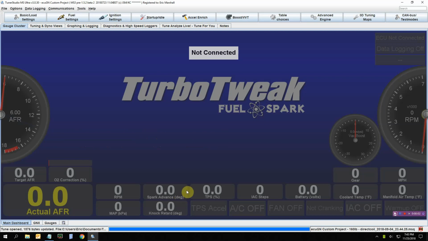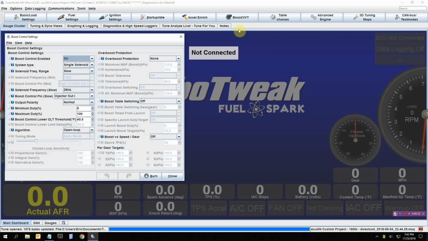All right, we're going to talk about boost control. With boost control, we have two types in the software. There's open loop and closed loop. If we go up to the boost menu and boost control settings,